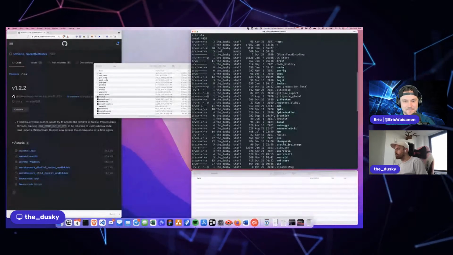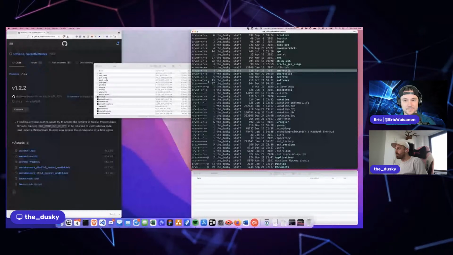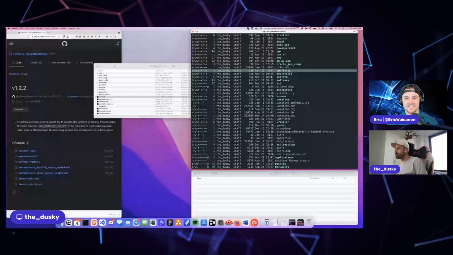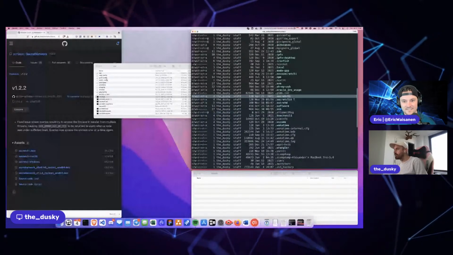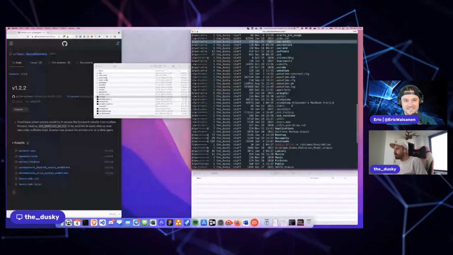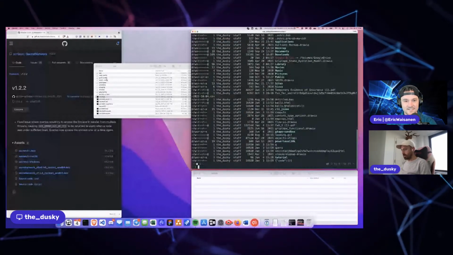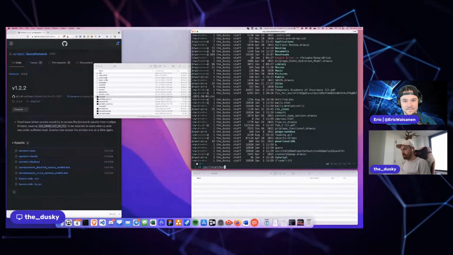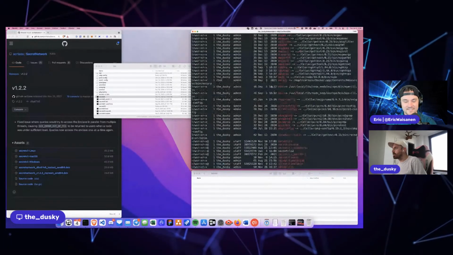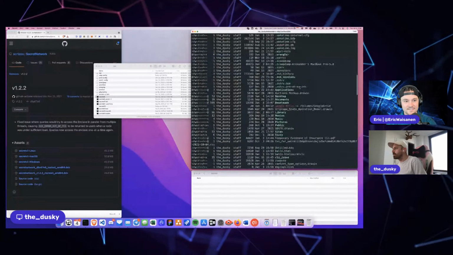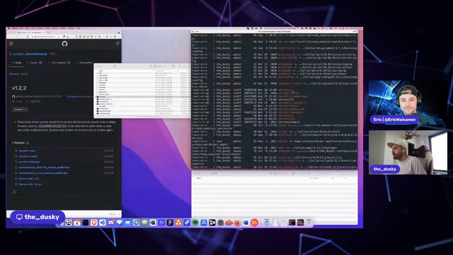So Secret CLI is here, and Secret CLI 2, where is that? Okay, here we go.